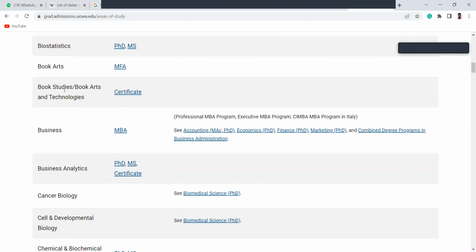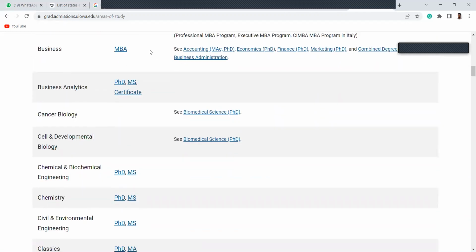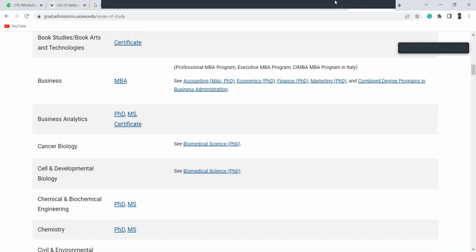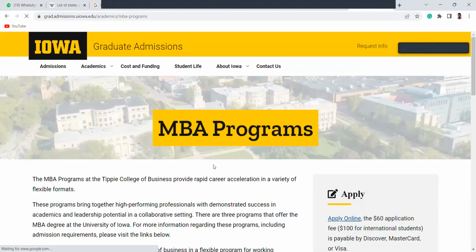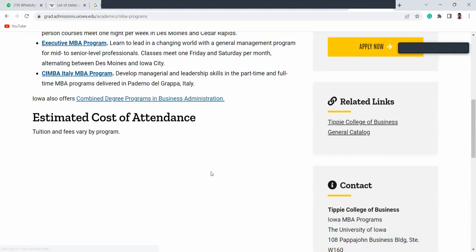So yeah, MFA, book art, business, MBA, and a whole lot. So this is basically how to search for this. Of course, if you click on the program, it should take you to the rest of the admission requirement information. So you come to the program estimated cost,